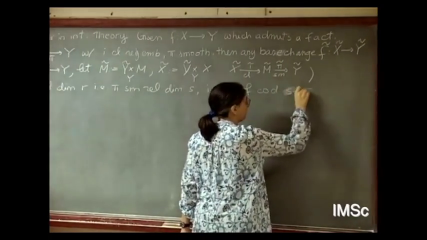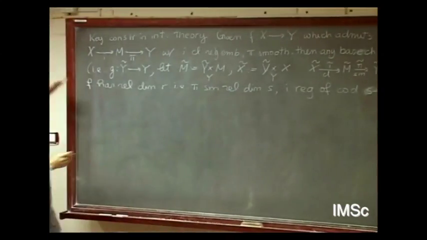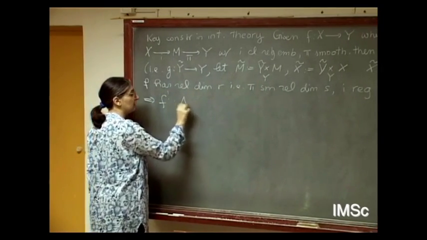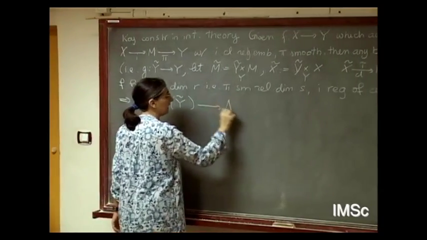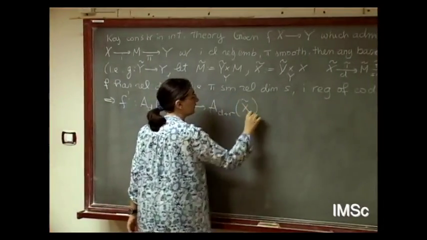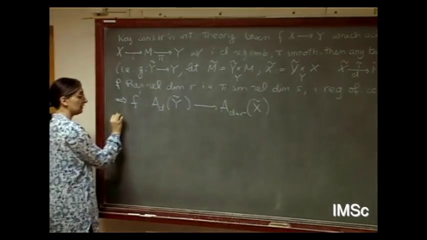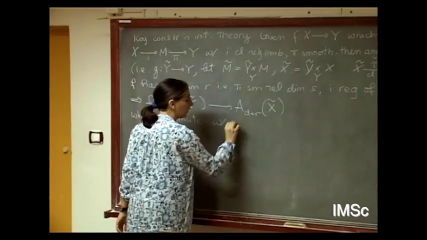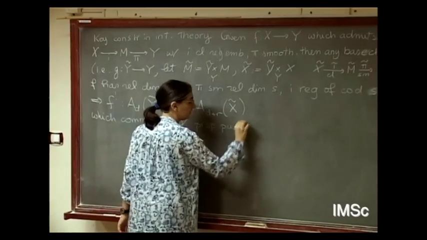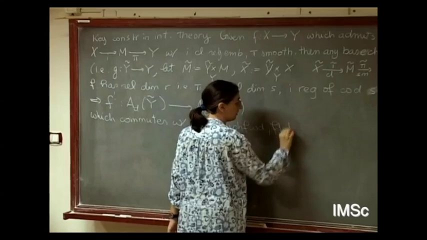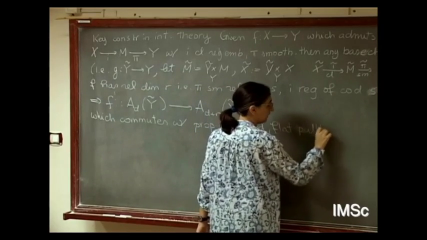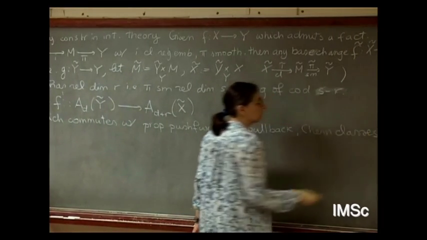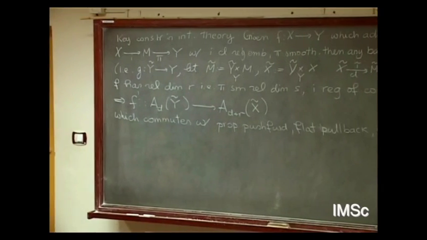Okay, so if this all is true, then we have an f upper Schrieg from A_d of Y twiddle to A_{d+r} of X twiddle, which commutes with proper push forward, flat base change, flat pullback, and Chern classes operation, where Chern classes are themselves viewed as maps from a Chow group to another in